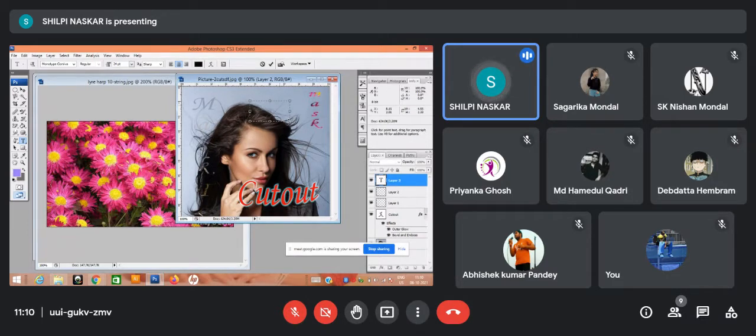That you can make in a vector editor platform. Say I am writing TAKE, and I want to make it, sorry, Control Z. I want to make the text art.